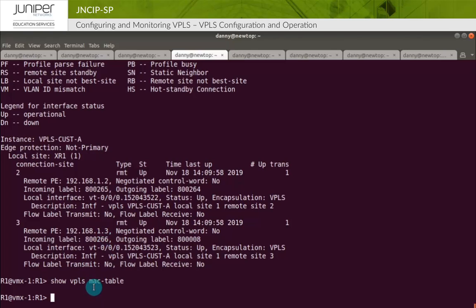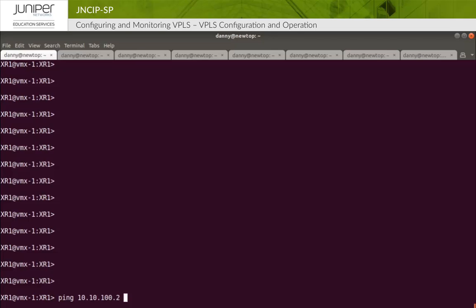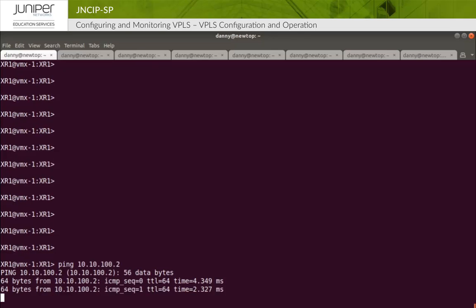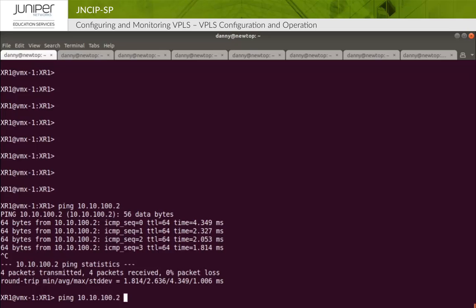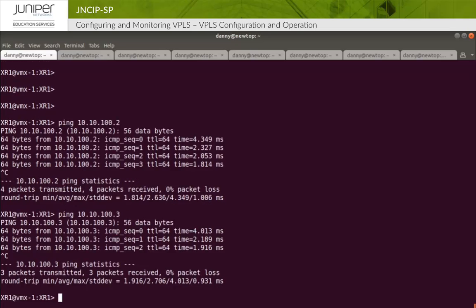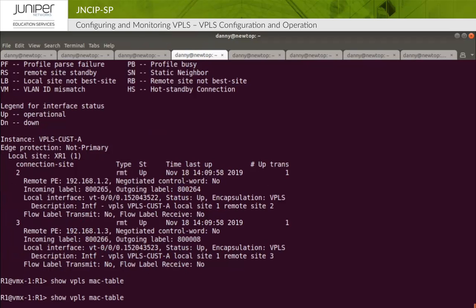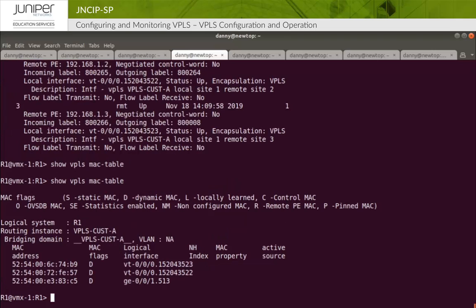At the moment, you can see that there's nothing in the MAC table. This is because there's no traffic operating on this LAN. We drop to one of the CE devices and we ping the remote CE IPs within this LAN. This should be sufficient for our PE to learn where those MAC addresses are located. And we've done that. You can see that we have a MAC address associated with the PE to CE local